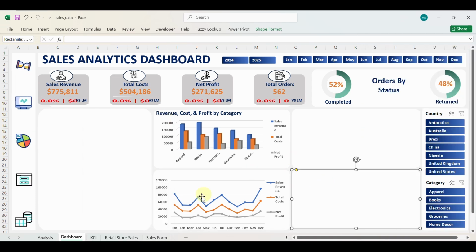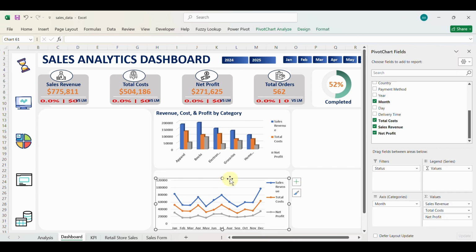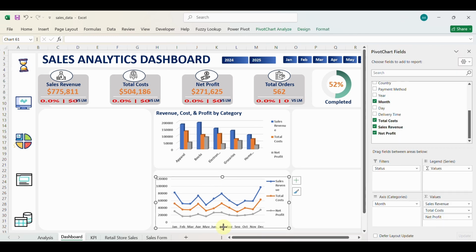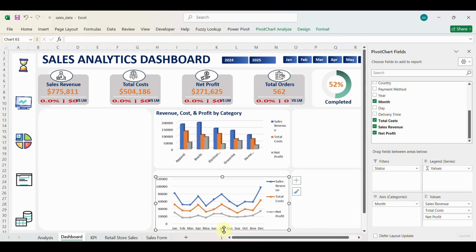Okay, it looks good. We have removed the, okay, but you can see we can't see the month